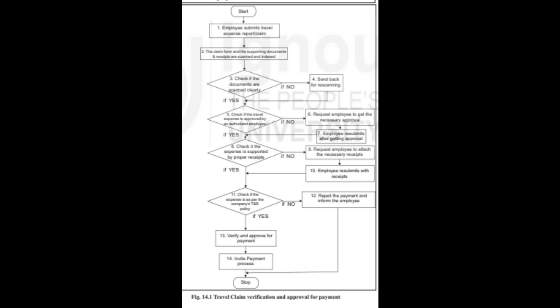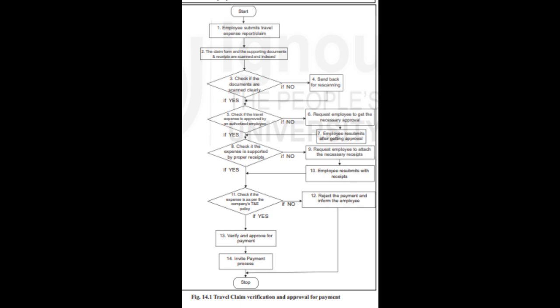Controls in the TE verification. 1. The scanned documents are compared against the claim submitted, and the date of the expense and nature of expense are verified. 2. The amount spent and amount claimed are compared against the employee's eligibility. 3. The approver's ID is compared against the authorization matrix. 4. Any items that are not reimbursable are identified. For example, expenses that are incurred on account of a family member traveling with the employee.